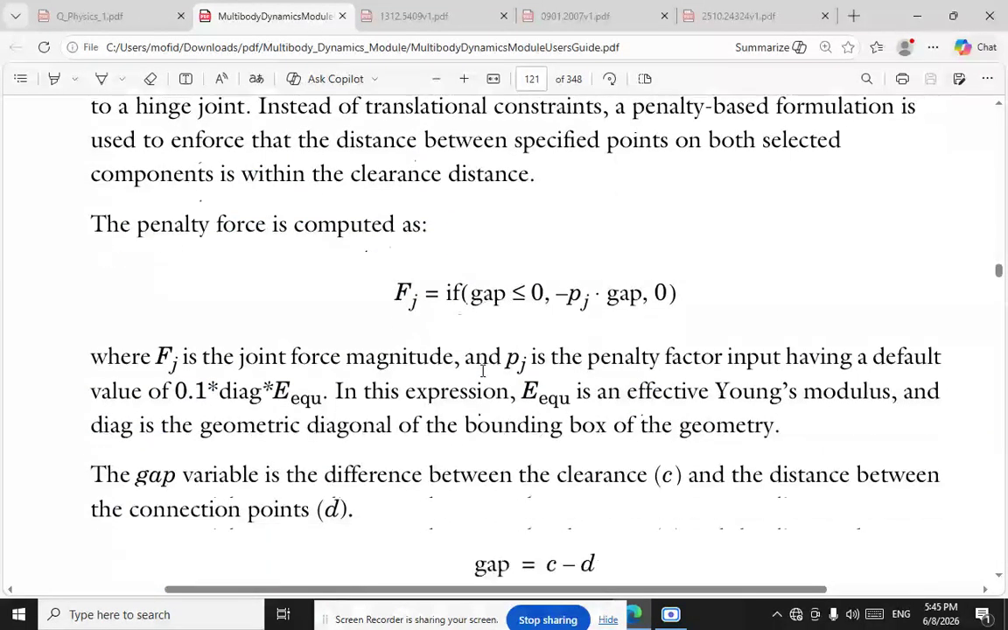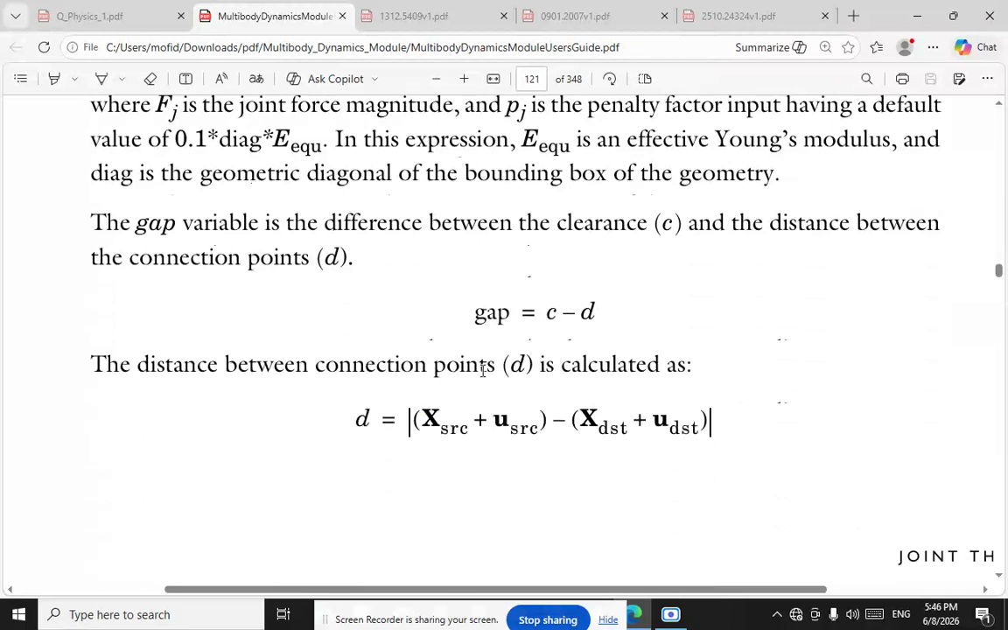The penalty force is computed as Fj equal to minus Pj multiplied by gap if gap is less than or equal to 0, and 0 otherwise, where Fj is the joint force magnitude and Pj is a penalty force input having a default value of 0.1 multiplied by diagonal times E equal. In this expression, E equal is an effective Young's modulus, and the diagonal is the geometric diagonal of the bounding